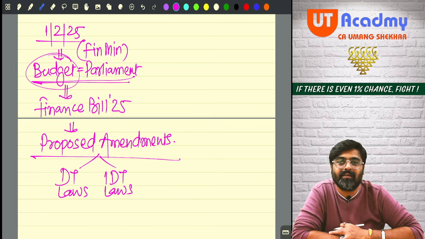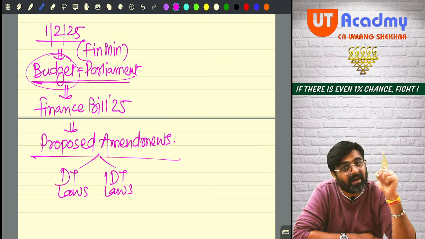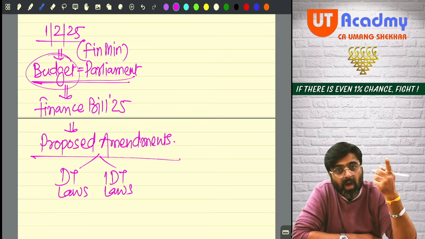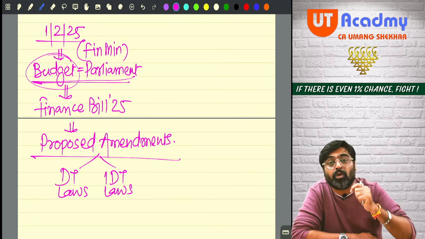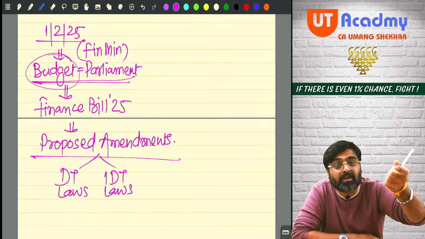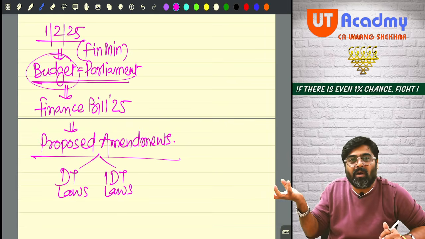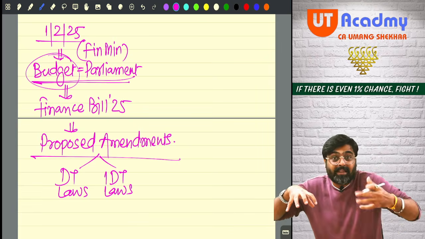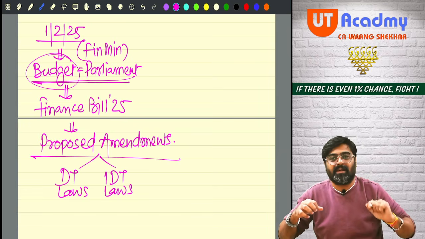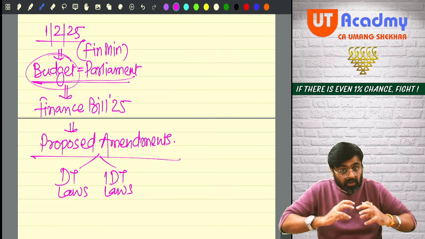Sir, are you understanding or not? Who has made the law? Parliament. And if that law has to be changed, who will change? Who will amend? Parliament only. But who will tell the parliament to make the changes? What changes are supposed to be made? The government will say only, no, because government is implementing that law. So only the government will come to know that what changes are supposed to be made to make this law applicable for the next year.